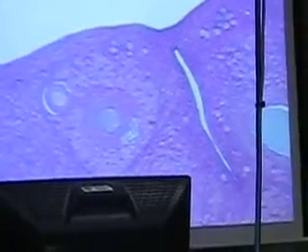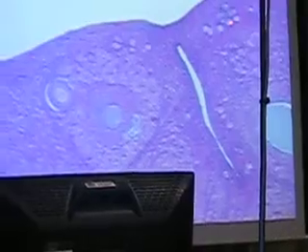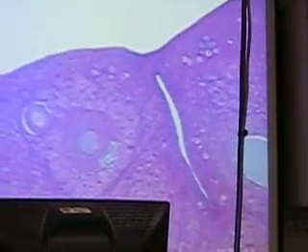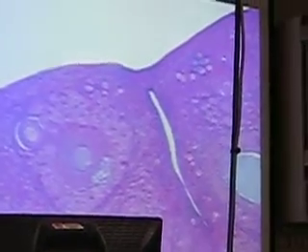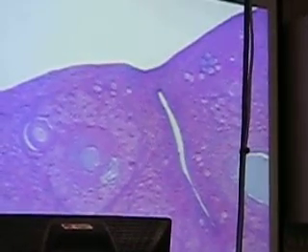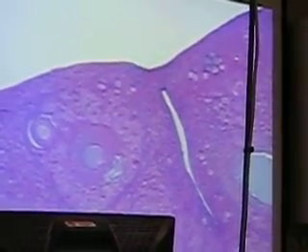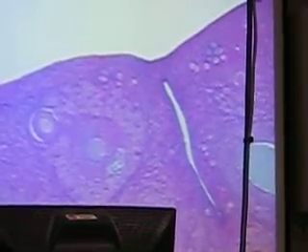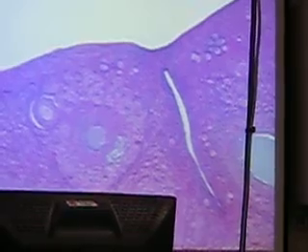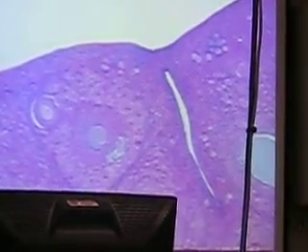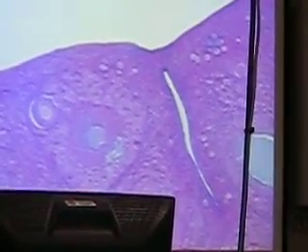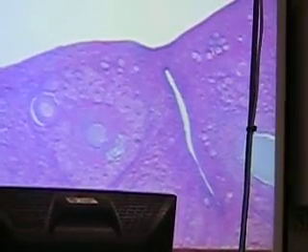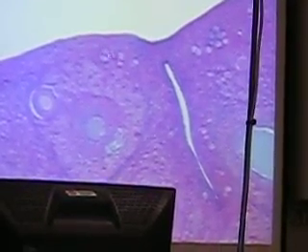Okay, we're going to start off with, out on the outer edges, you'll see these little circular structures. These are what we would call the primordial follicles. Okay, primordial follicles. We'll talk about the detailed maturation of the oocyte, of the egg essentially, and the different stages of maturation. But just to start off with, looking on the slide, you should be able to identify these primordial follicles, and when they start to mature,